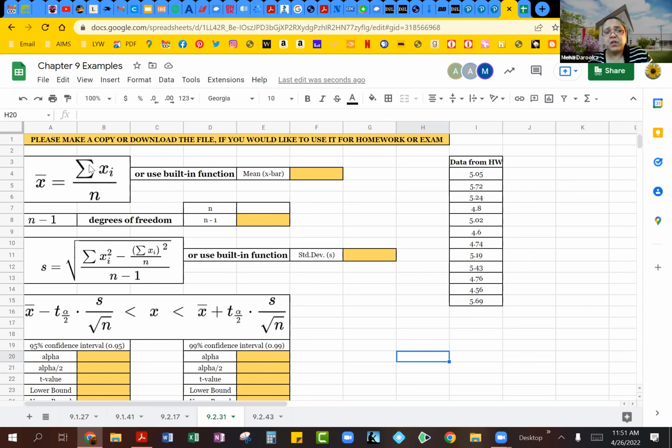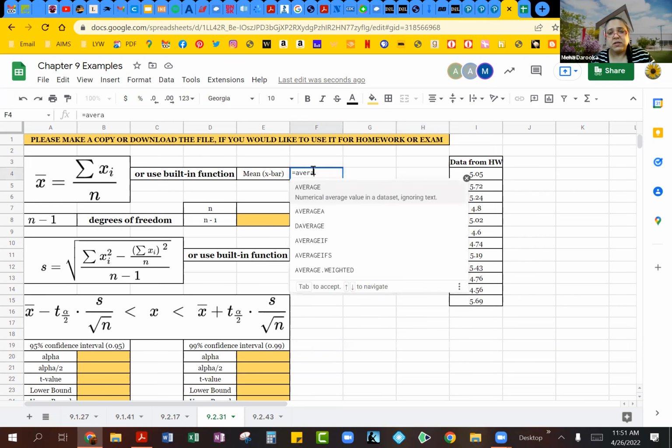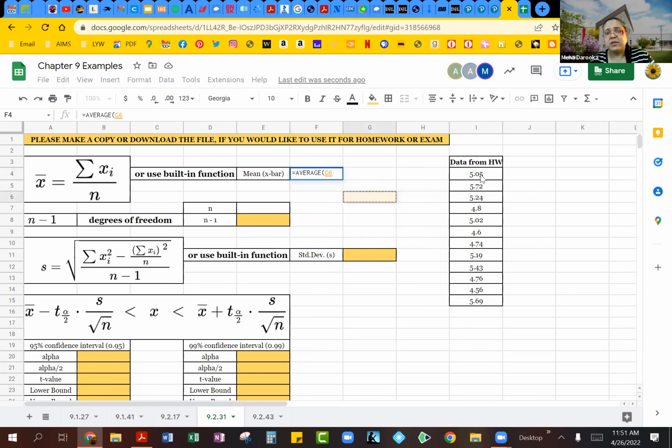So you can use the formula or you can use the built-in function, which is, of course, as you know, going to be average. And then I'm going to select these 12 dates. I'll also show you that this works with the formula. Remember, you can use the sum function to add up all of these. So that's my total, and then divide by 12 because we have 12 data values. You will see you're going to get the exact same answer. So you can use the average built-in function or you can use the formula from your textbook. All right, so we've got that.